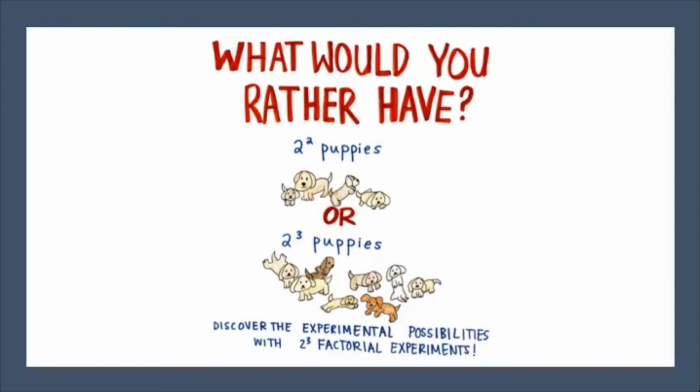Would you rather have 2 squared puppies or 2 to the third puppies? Unless you were allergic to their fur, the clear option here would be that you would want 8 puppies instead of 4. So here we're going to be looking at 2 to the third factorial experiments and all the different